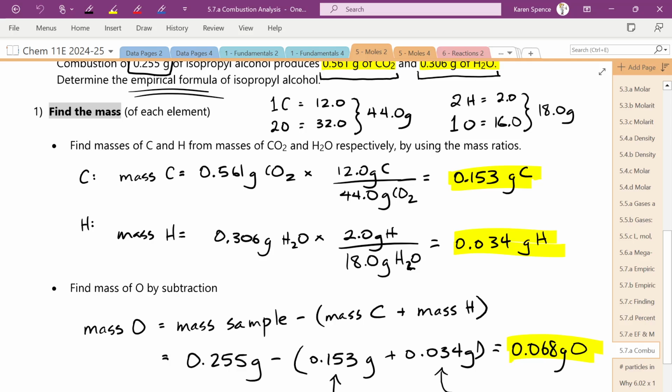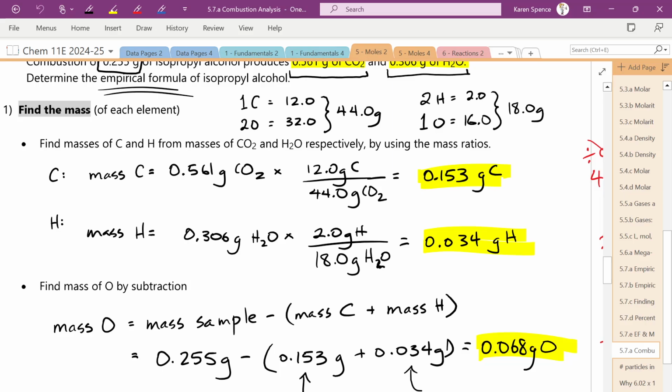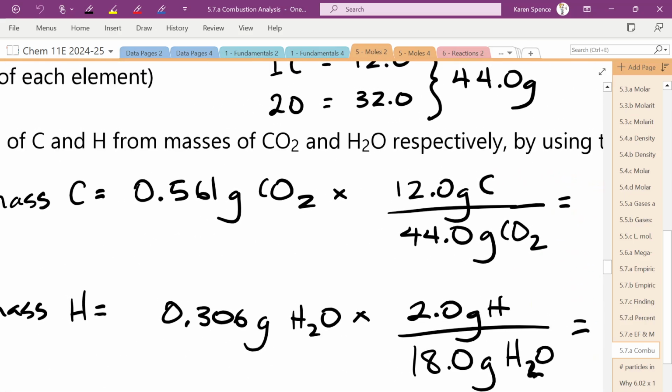Okay, so if you want to check your masses, you should get 0.153 grams of carbon, 0.034 grams of hydrogen, and 0.068 grams of oxygen. Is that what you got? If it wasn't, you should take your 0.561 grams of carbon dioxide, and there are 12